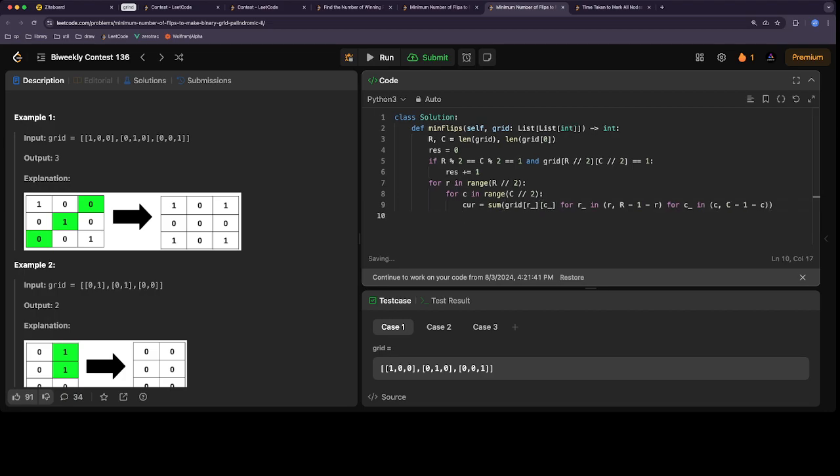and our cost is going to be the minimum between cur. So cur is going to be the sum of 1s, right? So we either flip all the 1s into 0s, which is going to have a cost of cur, or we flip all the 0s into 1s, right? Which is this. I guess we could call this number of 1s. And so we choose the minimum, and remember that this doesn't matter for the middle,